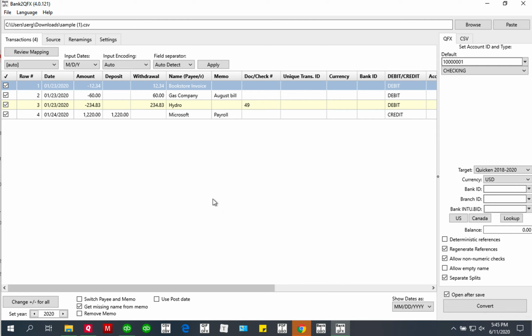So what are QFX files? QFX files are Web Connect files, and you would import them into Quicken or other accounting software. QFX files are extended OFX files. So Quicken marks them as OFX files, but don't be confused. Quicken QFX files are not OFX files. Quicken will not import OFX files. It will import only